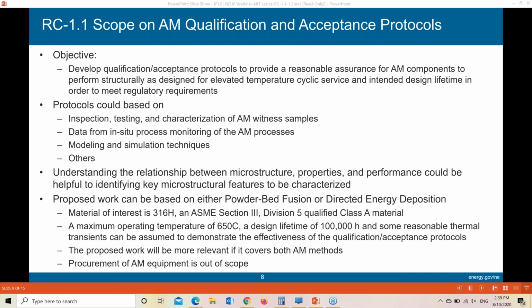For graphite, what types of modeling efforts would be within the scope for this topic? Also, how many graphite grades are of interest? Well, let's start with the second one. That one's easy. If they want to focus on the major grades of graphite in the AGC program, that would